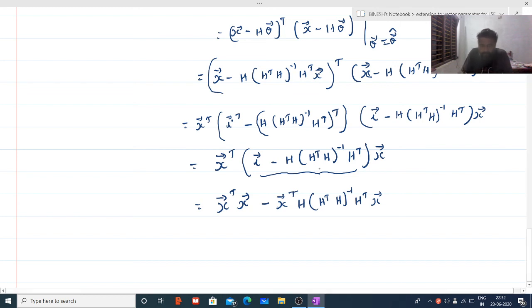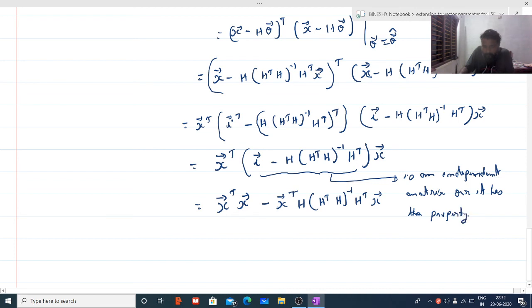So this term is an independent matrix, okay, or I will call this, it has the property that is A square is nothing but A. Okay, so